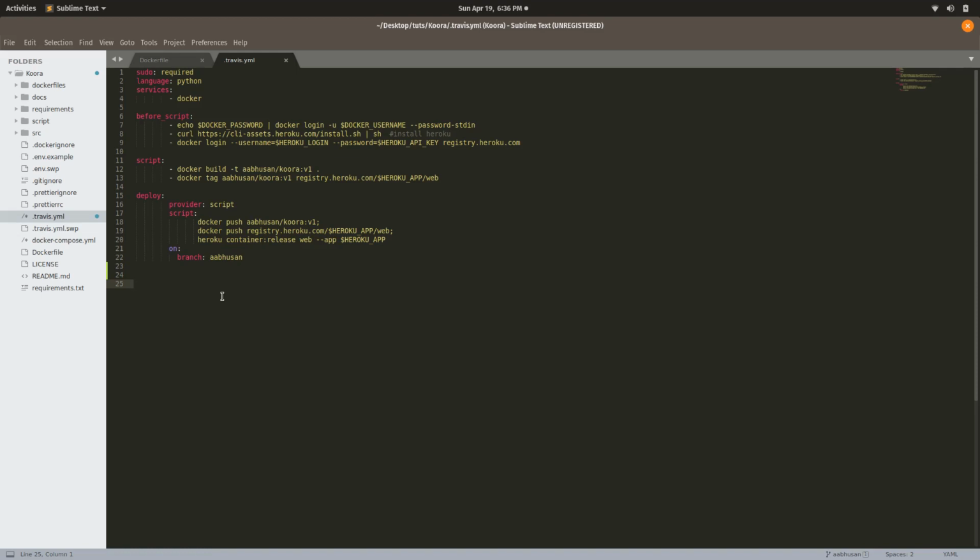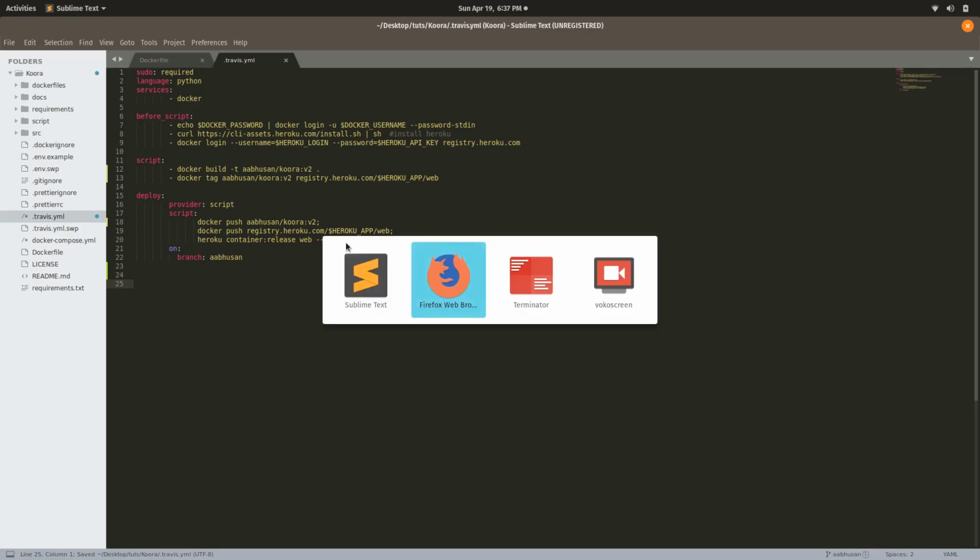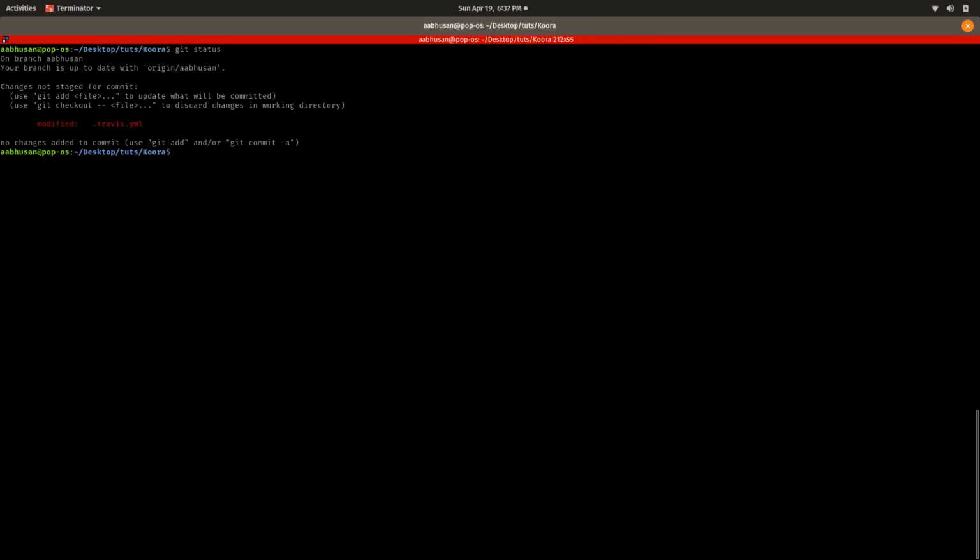Let me show you the demo, and I will change something in this file. I will give the tag version 2, and then the branch I will give Abhushan. After this, I will check git status, modified travis.yml.